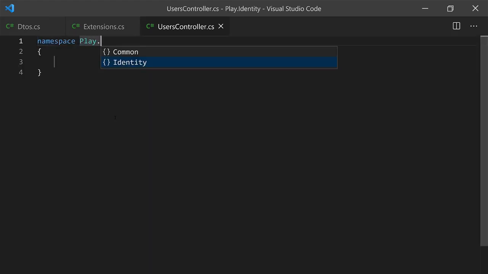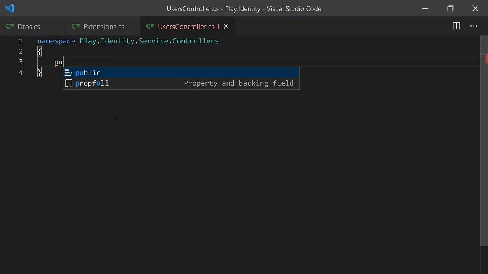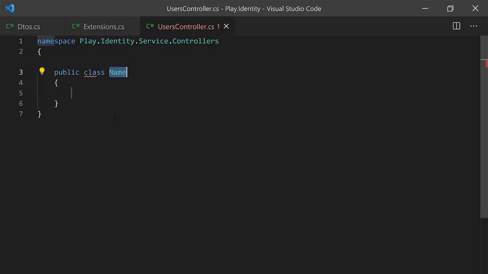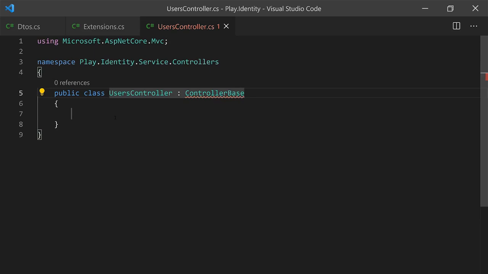So namespace Play.Identity.Service.Controllers. Let's declare our class, public class UsersController, which has to inherit, as we know by now, from ControllerBase,